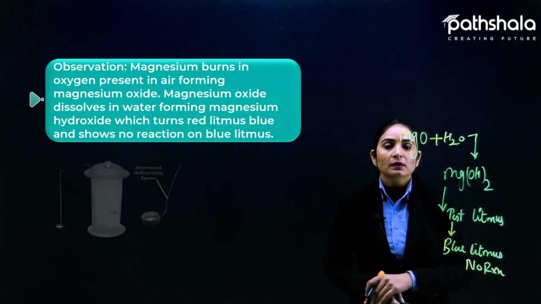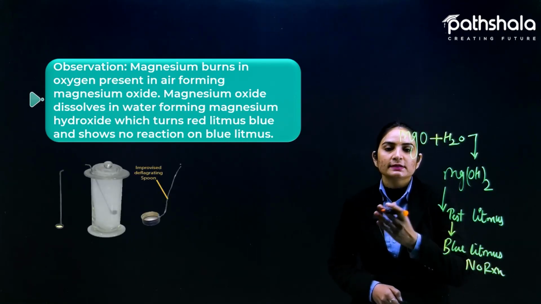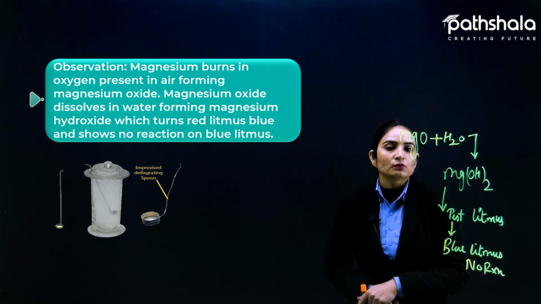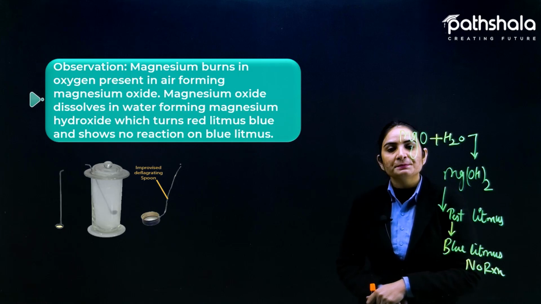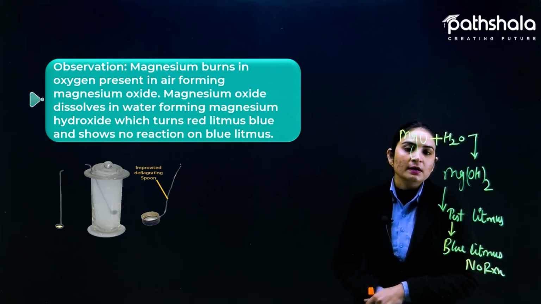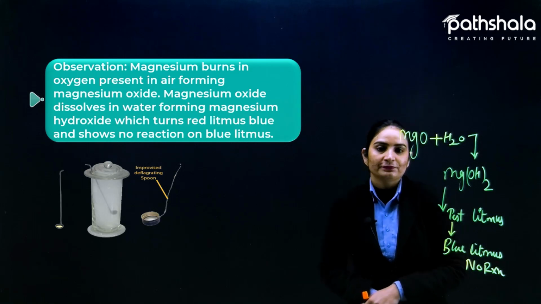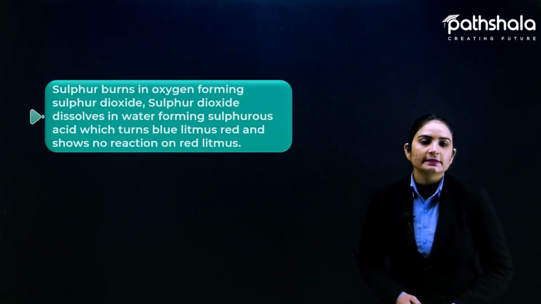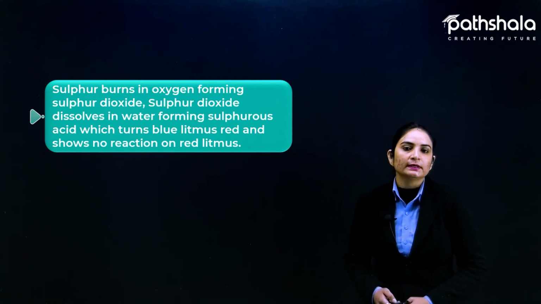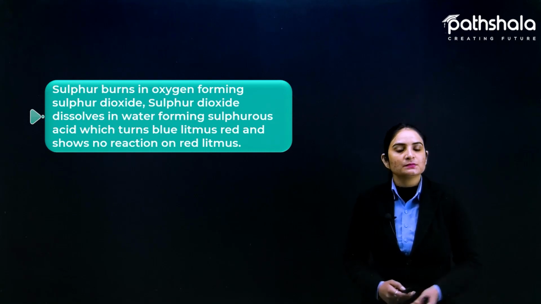Fine. So after this you can see the experimental setup when this reaction happened. When this is observed, because of the changes on the litmus paper we can come to know whether the particular solution is acidic or basic in nature. So after seeing that magnesium hydroxide has no effect on blue litmus, but turns red litmus blue, it means that it is basic in nature.